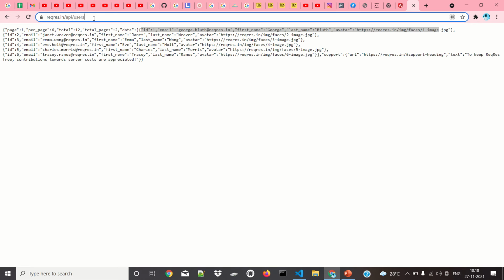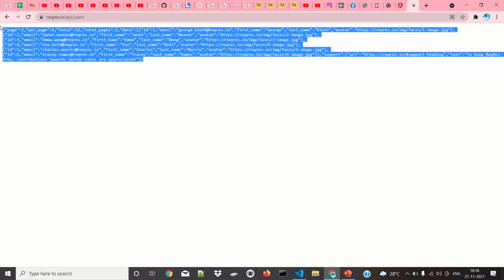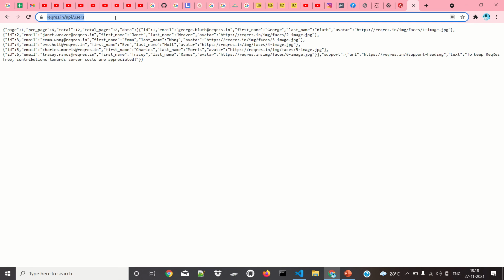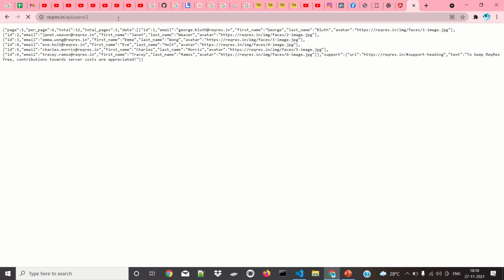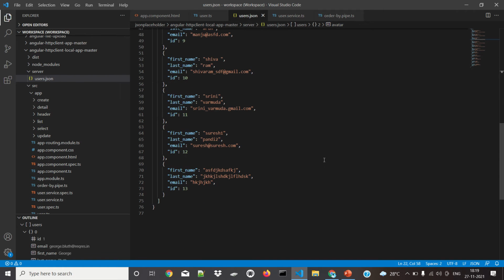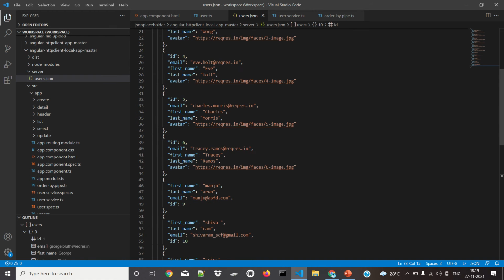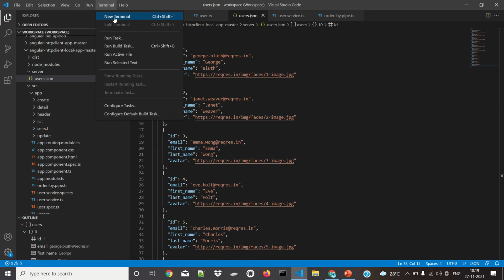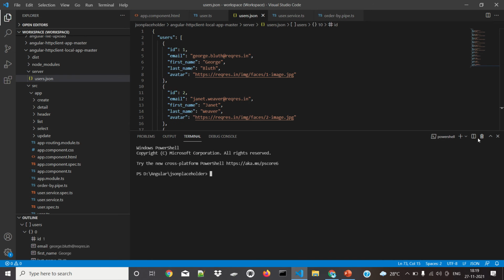In the last video we consumed this service only for reading all the users, and you can read only a particular user if needed. Here we have our own data structure. This is our own database. This JSON file will work as a database server for us. We can consume the data from here, and all we need to do is make this particular JSON file run as a server. For that we have servers, so I'm going to use this server.